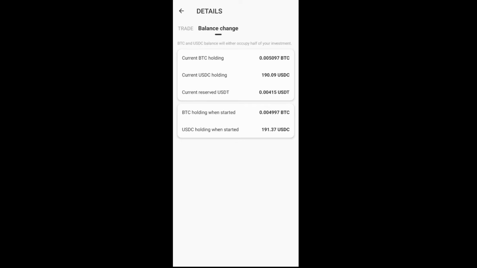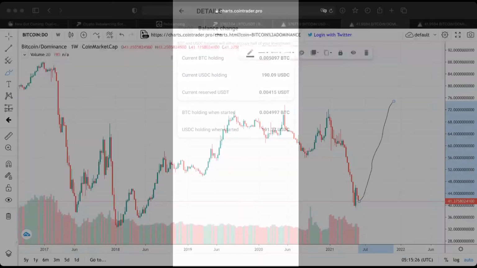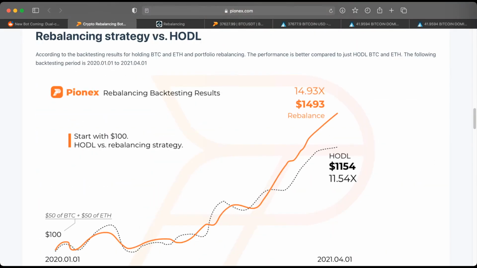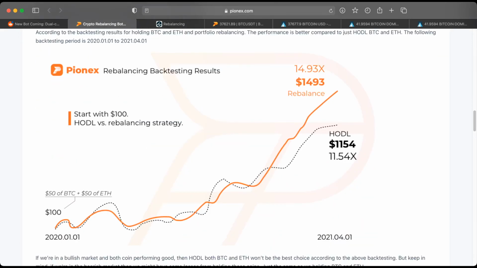The part I like about this bot is you're not only playing the appreciation in Bitcoin, you're also playing the volatility. You can see this article, it's very useful. If you are just holding Bitcoin in your wallet and it goes from 30,000 to 60,000, you will be double in value. But if you are holding Bitcoin with this bot, you will definitely have more Bitcoin and USDT when you are at 60,000. So you are not only playing the appreciation in Bitcoin value, but also the volatility.